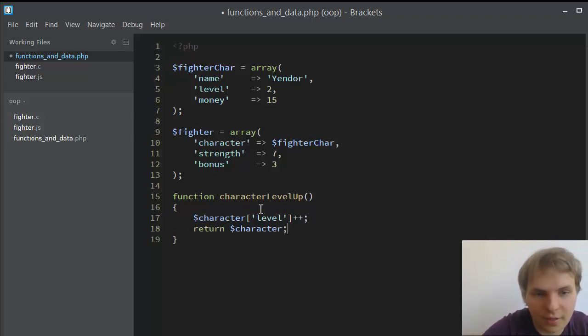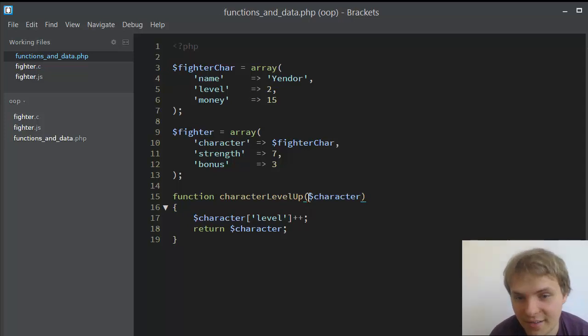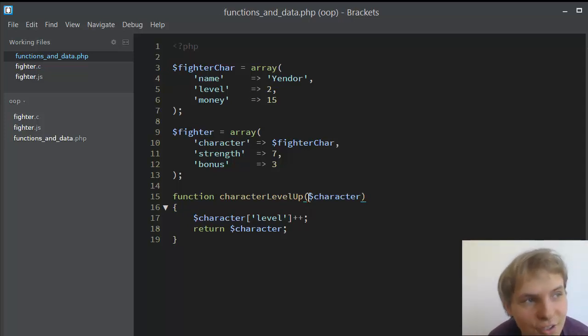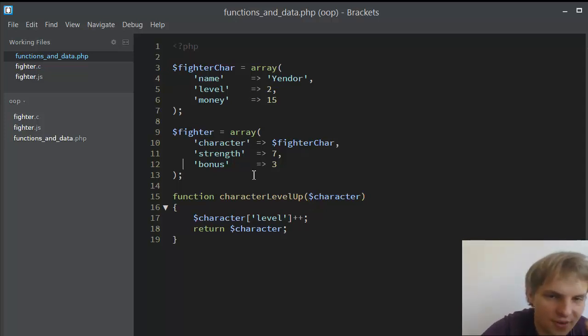This function that we had here that leveled up a character didn't care whether we were leveling up a wizard or a fighter, because all it needed was character data. And that is polymorphism, where we can actually, well, not really, because we still have to call this function